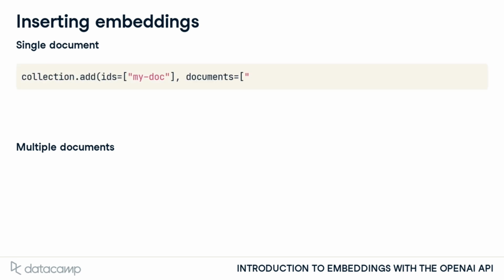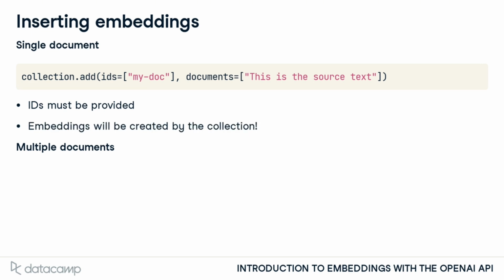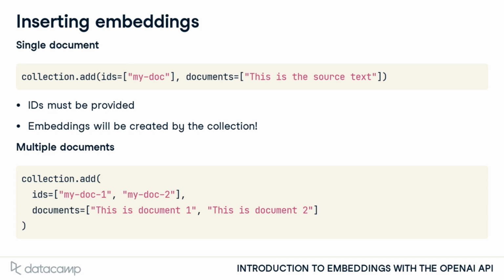We can do so with the collection.add method. In this example, we are adding a single document. Chroma will not automatically generate IDs for these documents, so they must be specified. Since the collection is already aware of the embedding function, it will embed the source text automatically using the function specified. Most of the time, we'll insert multiple documents at once, which we can do by passing multiple IDs and